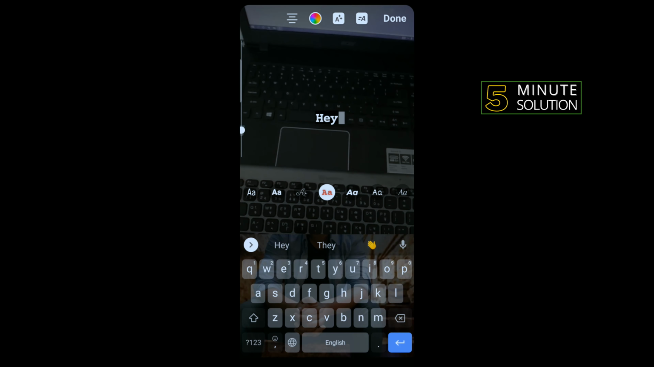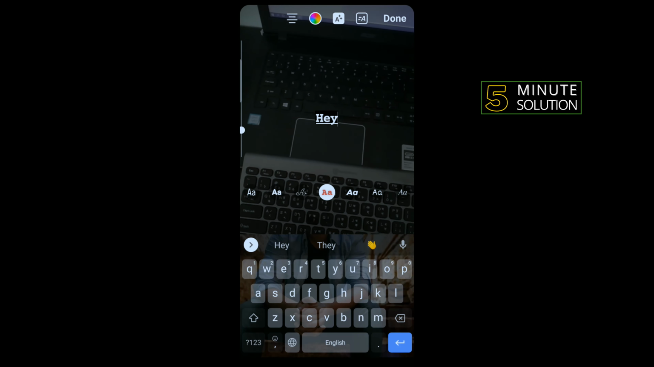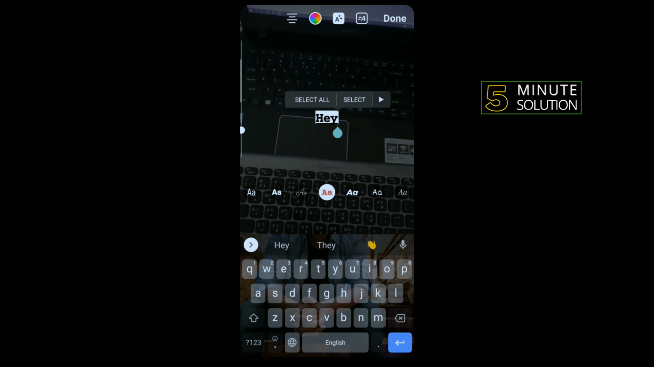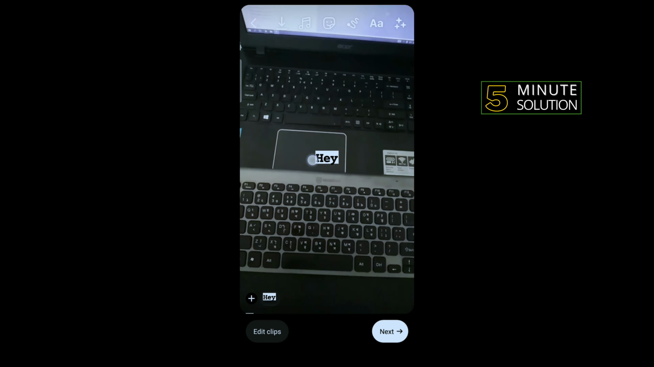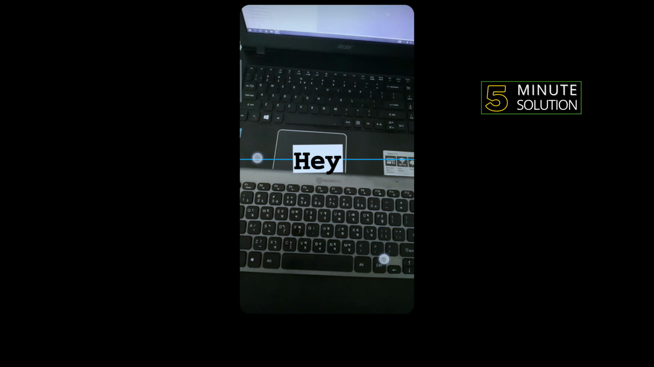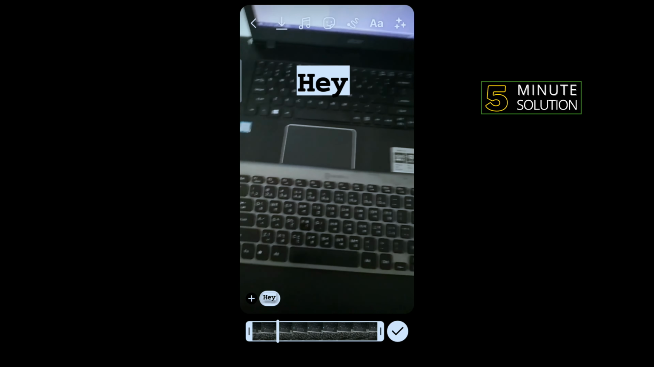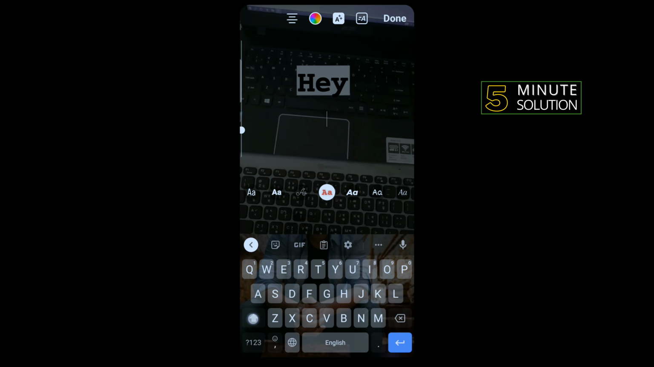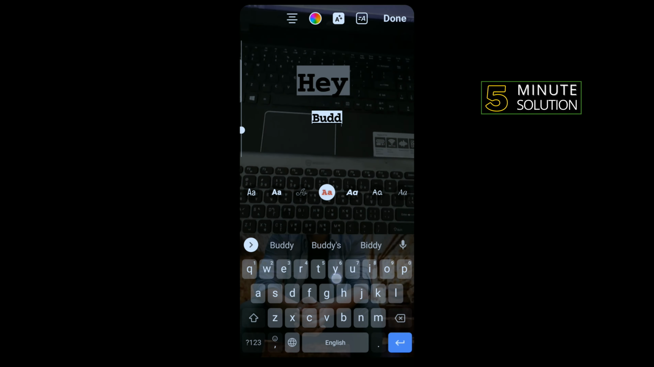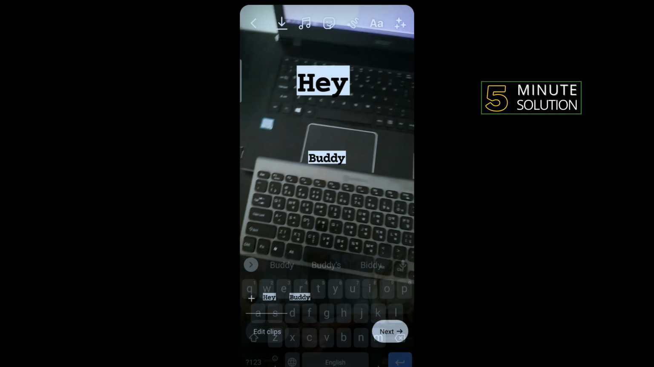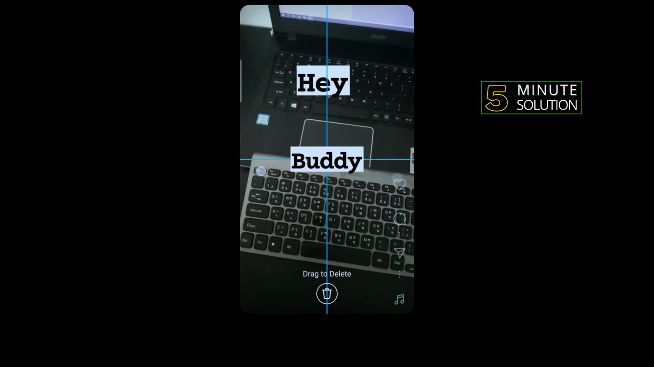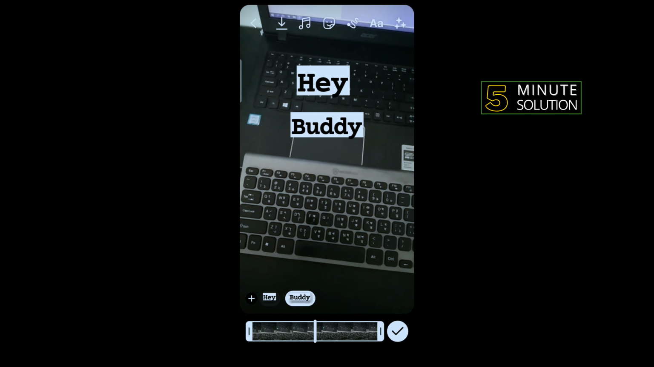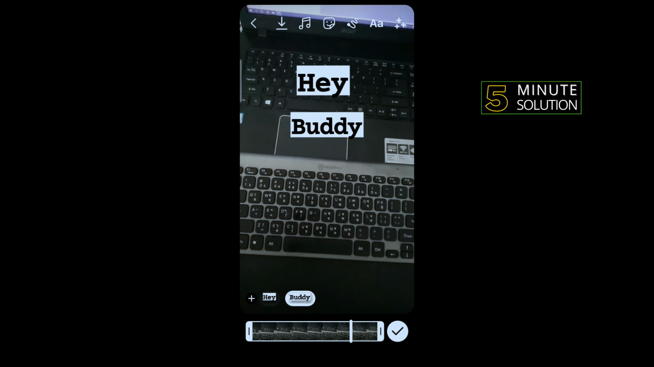I'm going to add a background here, making this text a little bit bigger, and I'm going to add another text. So I'm tapping on A, and done. Okay, as you can see, I have added two different texts, and now let's see how to